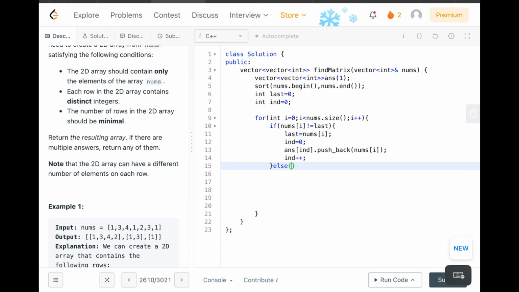Else, if the current element is equal to the last element, then we will already have the index where we need to put that element in the index variable. Before that, we need to check whether our current answer array size is greater than the index or not. So we check if answer dot size is less than or equal to, that is, less than index plus 1, because indexes are 0-based. If it is less than index plus 1, we will resize the answer array